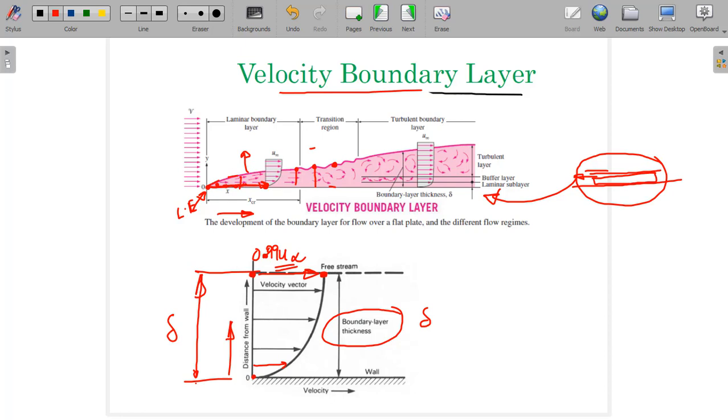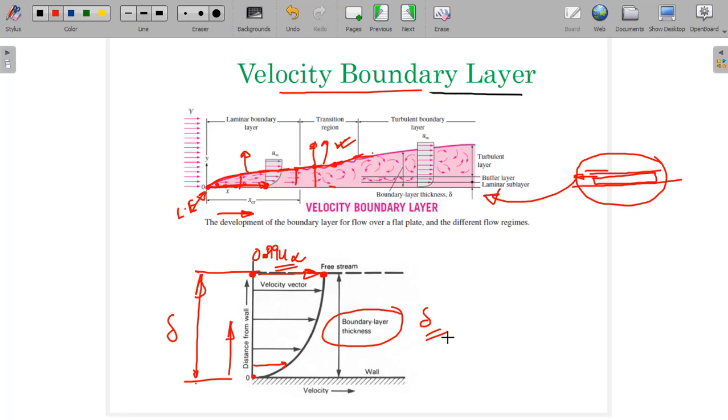And if you join these points, the line that you will get is called the edge of the boundary layer. So above the edge of the boundary layer, the velocity gradient is actually not there as such, so inviscid flow analysis can be done. Inviscid flow analysis can be done means you can apply Euler's equation to find out the velocity field. But within the boundary layer, definitely you have to use the Navier-Stokes equations to find out the velocity field.